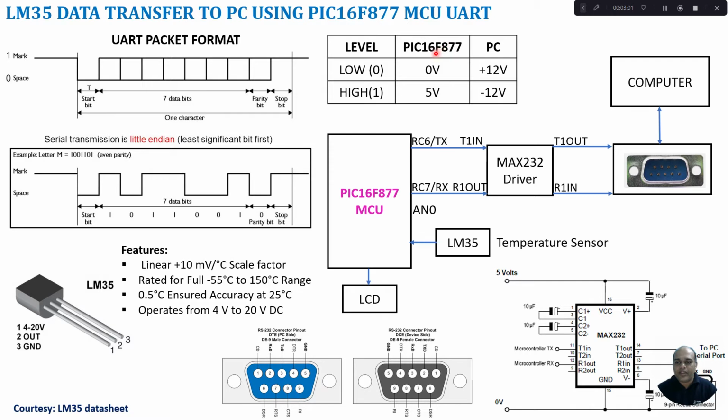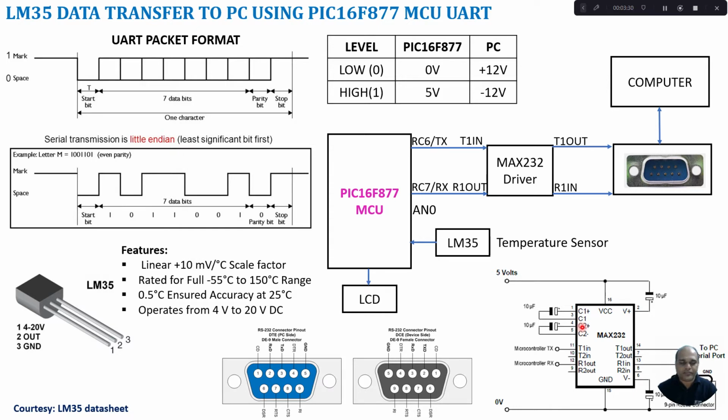So both are required. In order to transfer data from a microcontroller to a PC or from a PC to a microcontroller, we need to do these two things: voltage doubling and also voltage inversion. That is taken care of by your MAX232 IC. MAX232 does both voltage doubling and voltage inversion. And it also converts your TTL logic to RS232 level logic, and from RS232 it can be converted to TTL